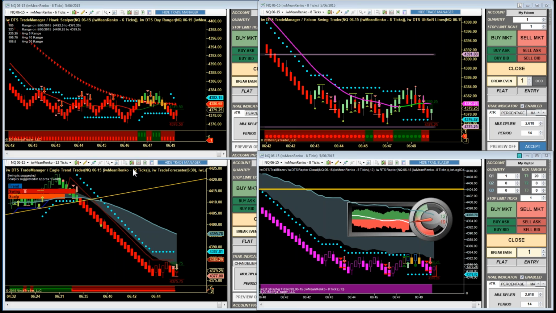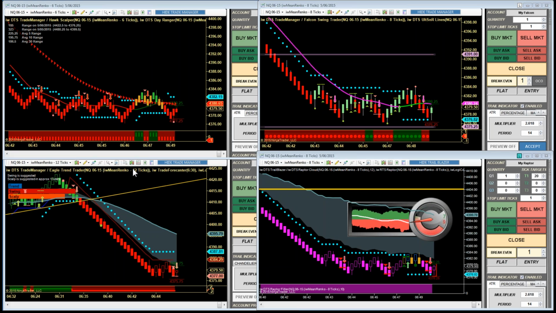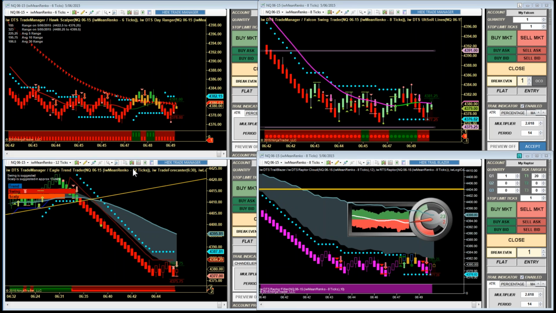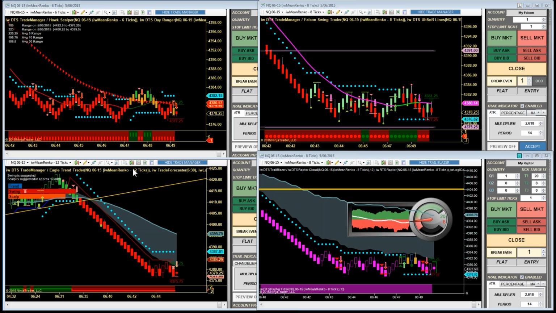These are $5 a tick instruments. So it's an easy way to wade into the trading arena without jumping right off into the deep end and trying to trade something like the E-mini or the Russell or crude oil, all of which have higher tick values, all of which